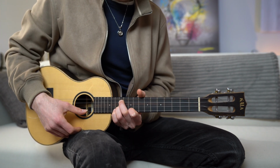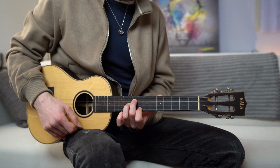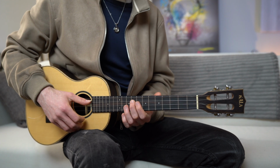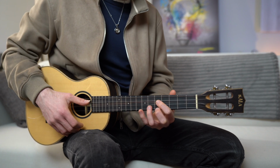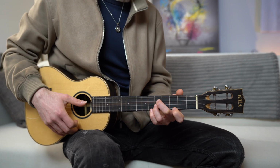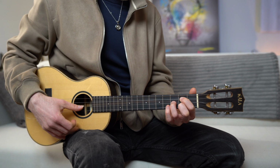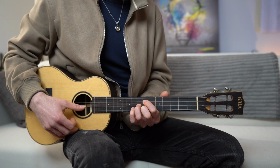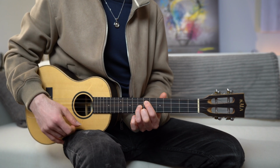C major, 12, 12, 10. D minor, 9, 10, 8, and F major, 9, 8, 8. B flat major, 5, 6, 5. F major, 5, 5, 3. G major, 2, 3, and 2. And C major, 7, 8, 7. When I put the whole thing together,